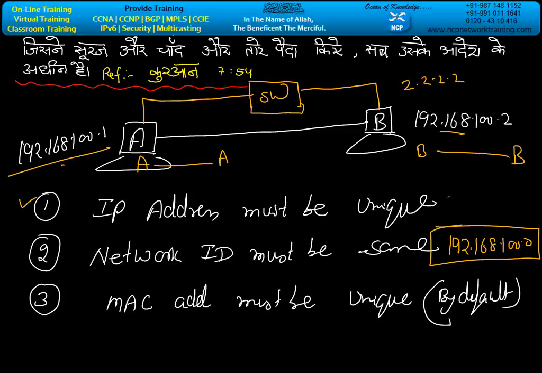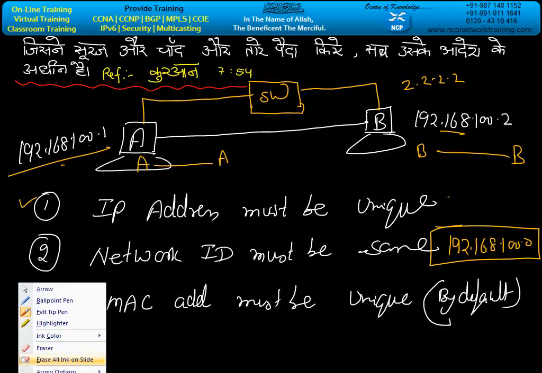But point number 2 is invalid because the NID of 192.168.100.1 is 192.168.100.0 and the NID of 2.2.2.2 is 2.0.0.0. That's why both machines will not communicate. If we connect two machines directly, we require the three components. But when we study the switch,